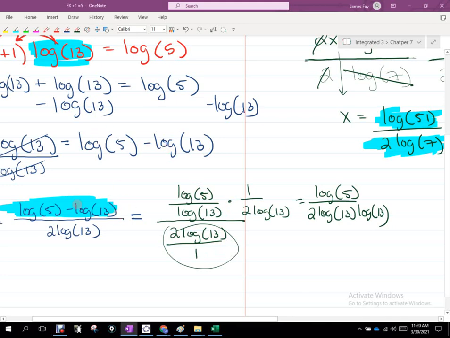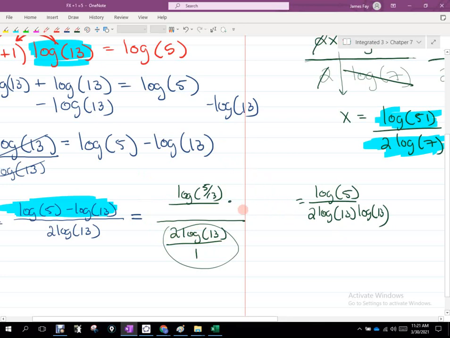When we turn this into division, I don't know why I did this. When we turn it into division, it's not division of the log 5 and log 13. It's division of the 5 and the 13. So it turns into that. Does that make sense? See the difference? So that's my fault. So then we'll divide that still by this 2 log 13. So the only thing that changes,